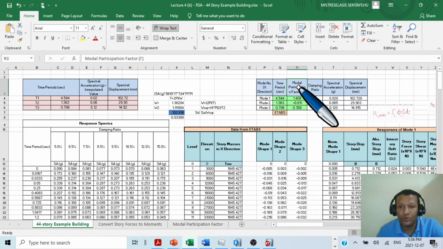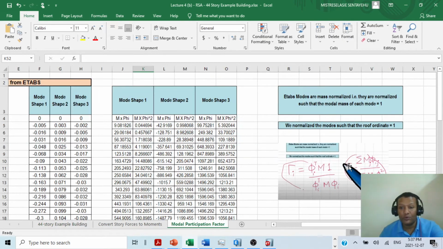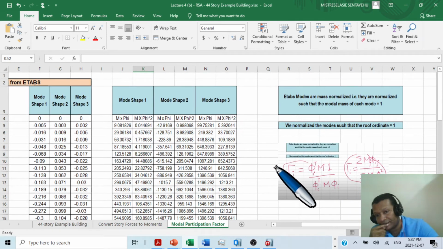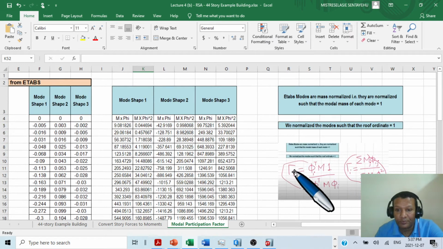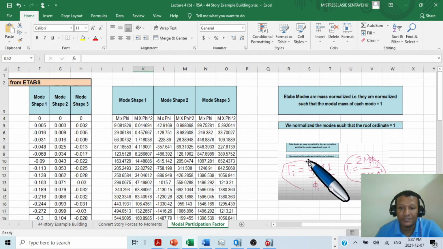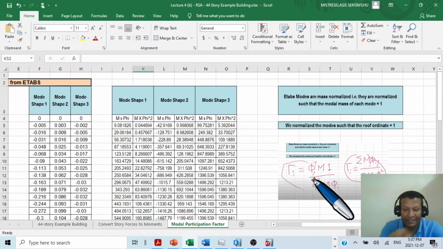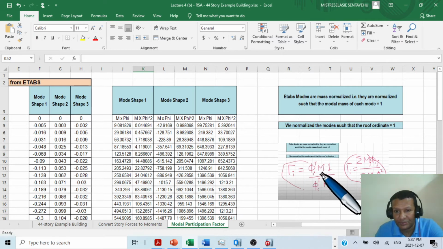Here let's go to the modal participation factor now. This is the modal participation factor. It is a formula, as you may remember from the multiple degree of freedom system, the formulation of the equation. This is the mode participation factor in the matrix form and in the summation form. We have phi, the mode we extract from ETABS. So this is a mode shape: phi transpose m times 1 over phi transpose m times phi. This will be the